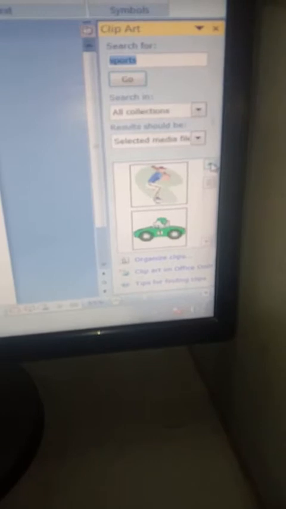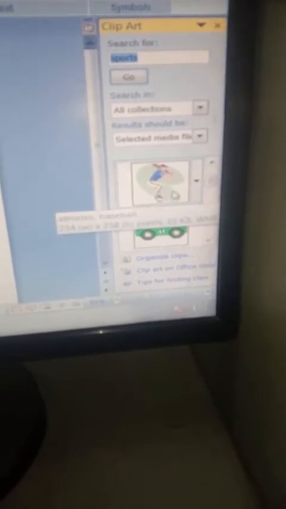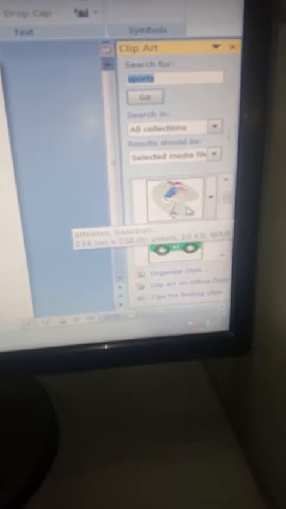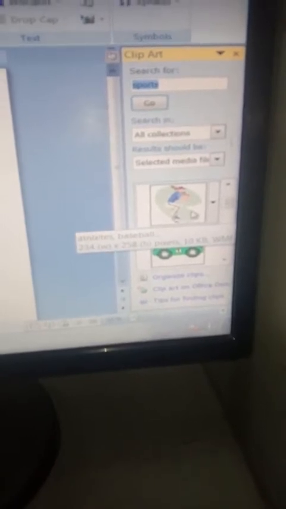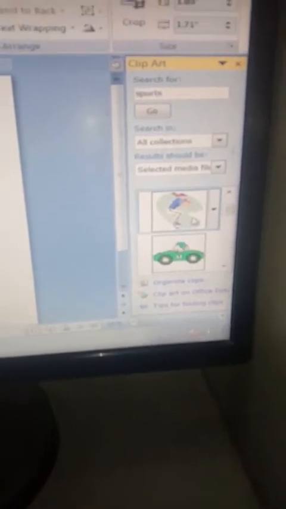Look, you can insert any of the pictures. Now how can we insert? Just double click over these pictures. Suppose I have selected this picture and I have double clicked over here. Look, as soon as I double click over here, the picture gets inserted where the cursor was. So in this way we can insert the pictures from the clip art. So I hope the topic clip art would be clear to all of you.